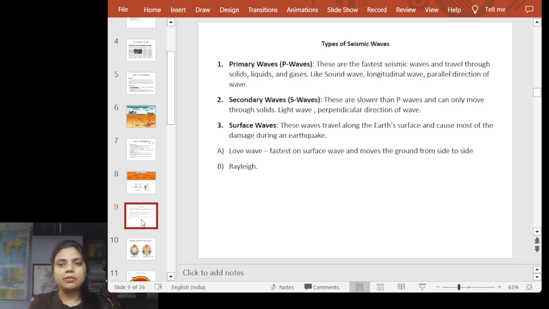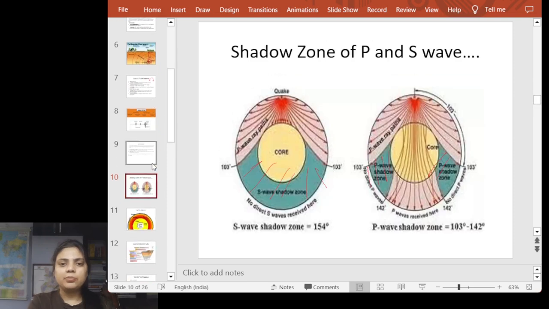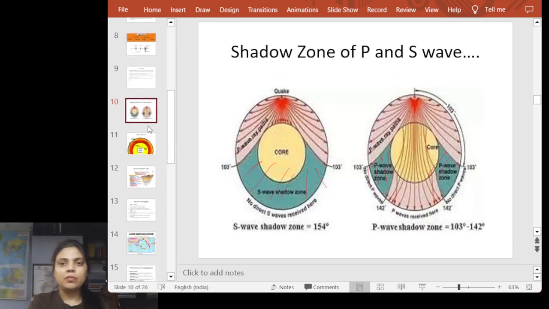The surface wave has two parts, L wave and R wave. The next important subtopic in earthquakes is the shadow zone of P and S waves. So what is a shadow zone? Let me define. The shadow zones are the locations on the earth's surface where the seismograph, an instrument which calculates seismic activity,